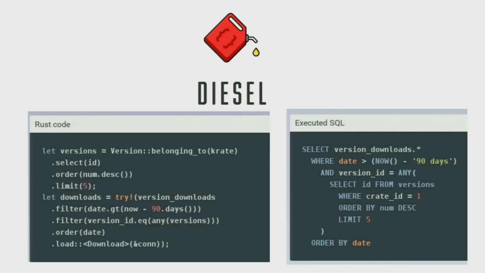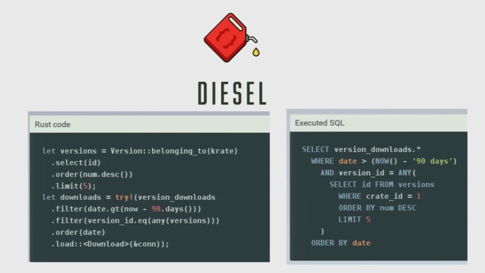Sean is a database guy, and so he is writing an ORM in Rust. This is some Rust code here on the left. The idea is that it's sorting a certain number of versions that belong to a crate. A Rust package is called a crate, so this is like talking about package management. So we're writing that we want to see the versions that belong to a particular crate, and then pick one that matches an ID and order them and do a limit and then filter based on various things. This Rust code generates that SQL code, which if you're not super into SQL, you don't know the difference.